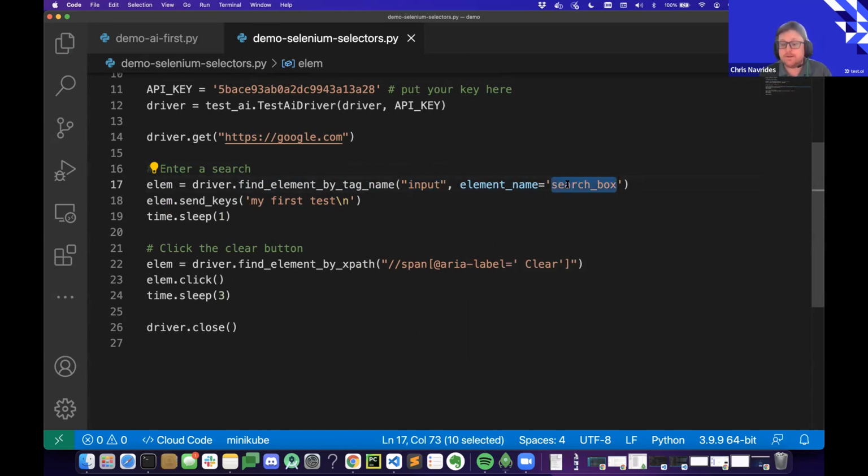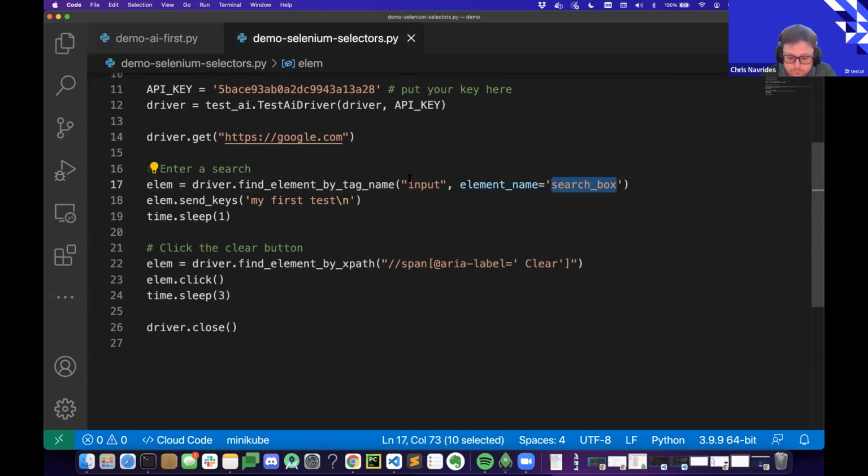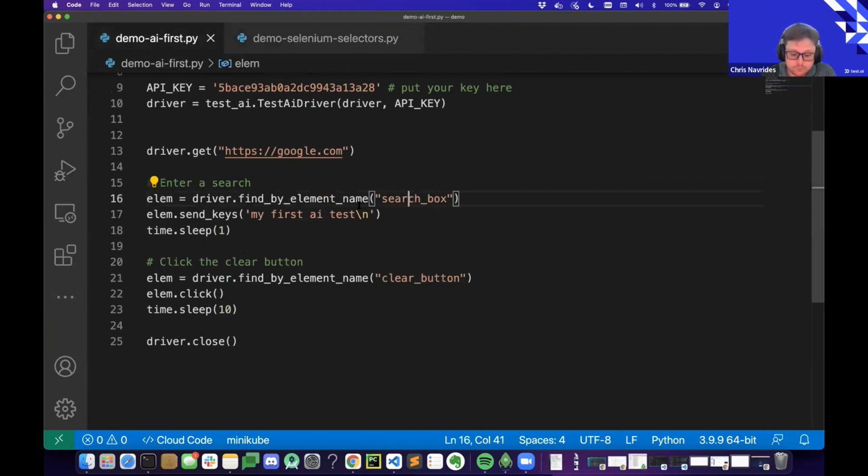And so if it fails, we still look up on our backend and say it's a search box. The second benefit of that is we can go AI first. If we ran this as it stands today, the system would learn search box. So the first time we'd run something like this, we wouldn't need to train, because it's already learned that the input box in this particular example is a search box. So you can basically pass in that and have the best of both worlds. It just takes a little bit more time on your test case, but we support that.